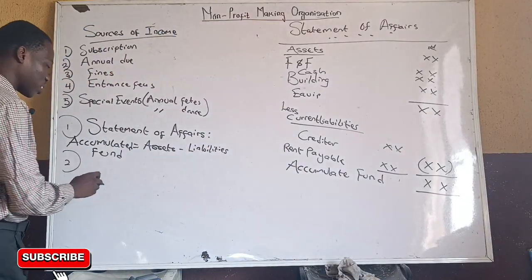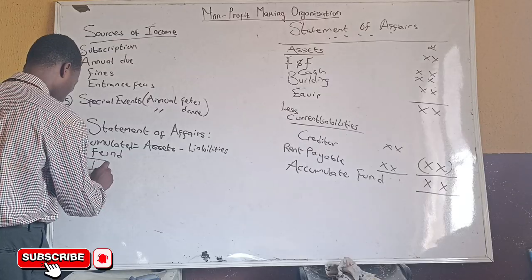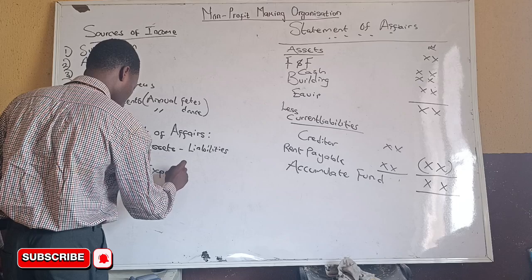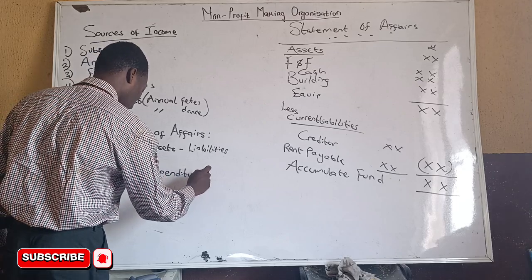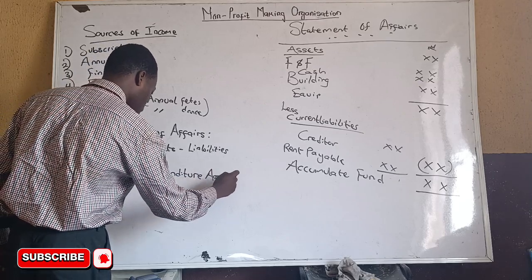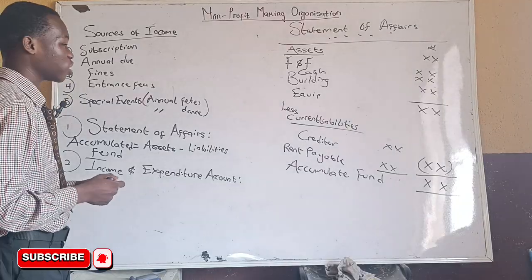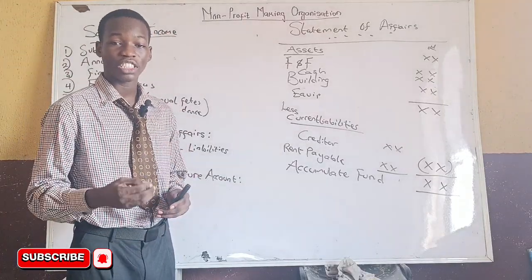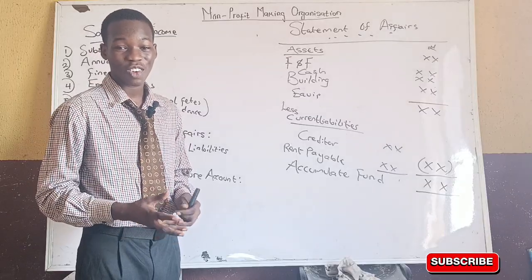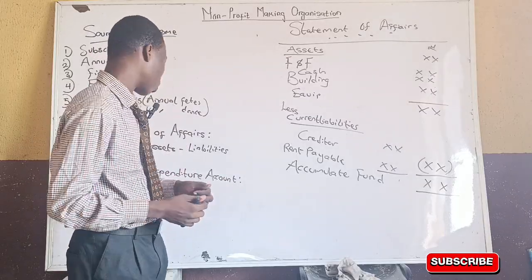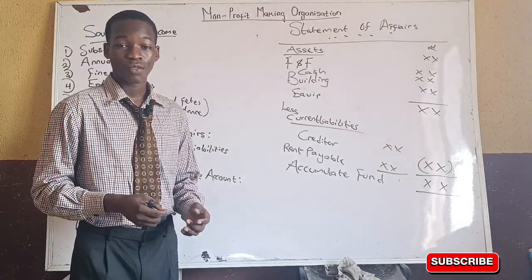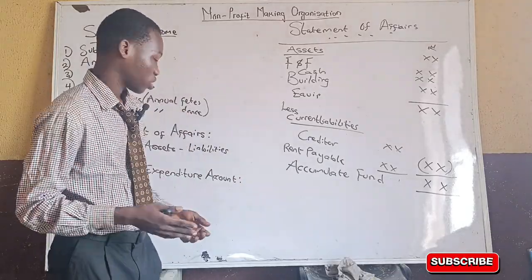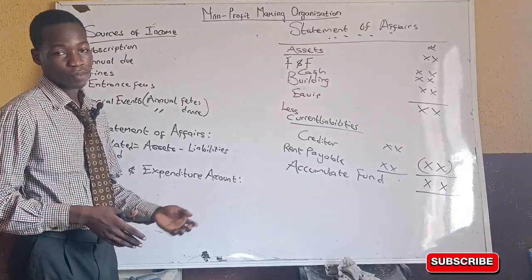The second account we'll look at is the income and expenditure account. So for the income and expenditure account, when we are dealing with our trading concern, that is trading profit and loss, statement of profits or loss and other comprehensive income, our P and L, which is the profit or loss, right? And we use that to determine our net profit, is the same as the income and expenditure account.